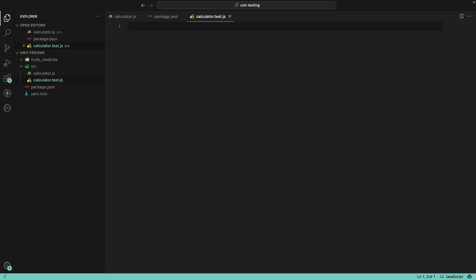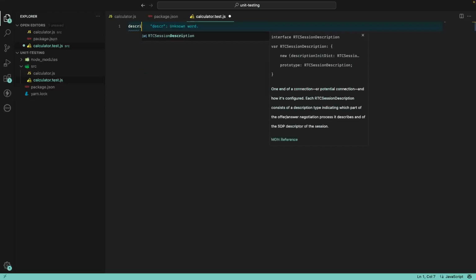There are many strategies for creating files. We can create a new folder with __test__, or we can create them separated from the production file. There are many options, but in this case, I will create it side by side with the production file. Perfect. All right. So let's just create first a dumb test just to see if everything is